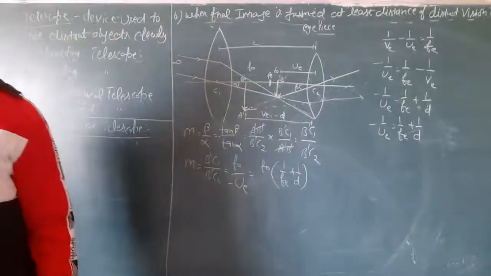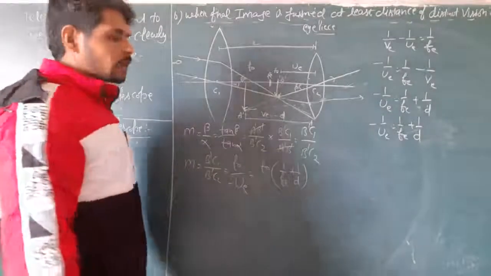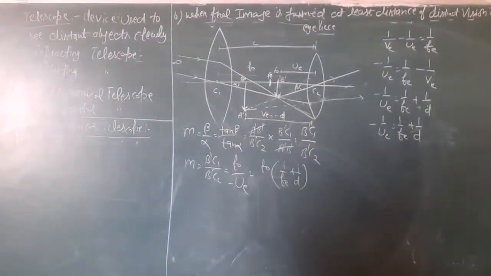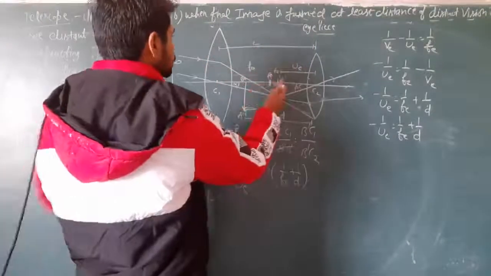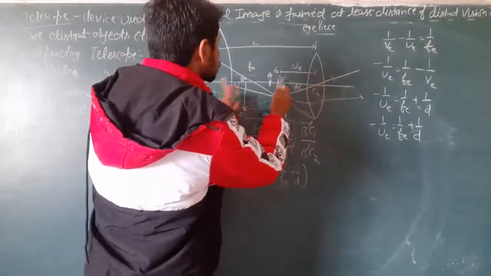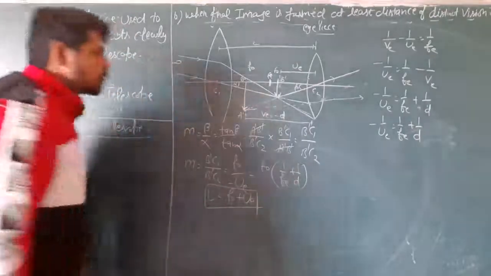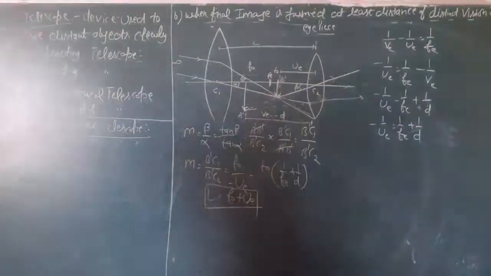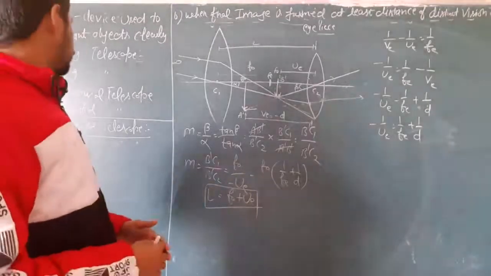So this is the magnifying power of what? That is astronomical telescope. What is this? That is astronomical telescope. Okay, in this case, what is L? L is tube length. दोनों के बीच का जो distance है, that is f0 plus UE. Focus तक तो ये हो गया, उसके बीच बाद का distance UE है. तो this is f0 plus UE. This is the tube length of astronomical telescope in the case when the final image is formed at least distance of distinct vision. Okay, so these were the two cases of astronomical telescope.